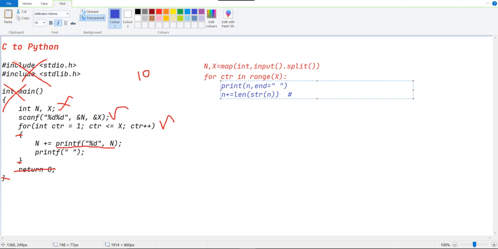This is similar to the code n equal to n plus len of str of n, which is nothing but